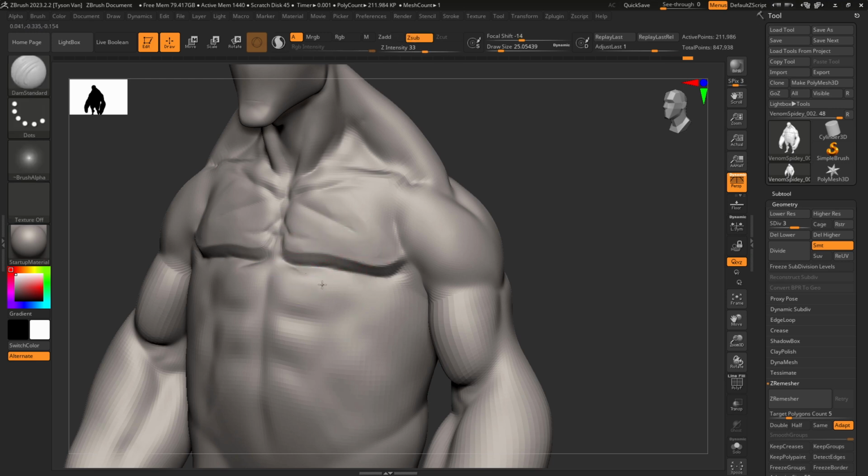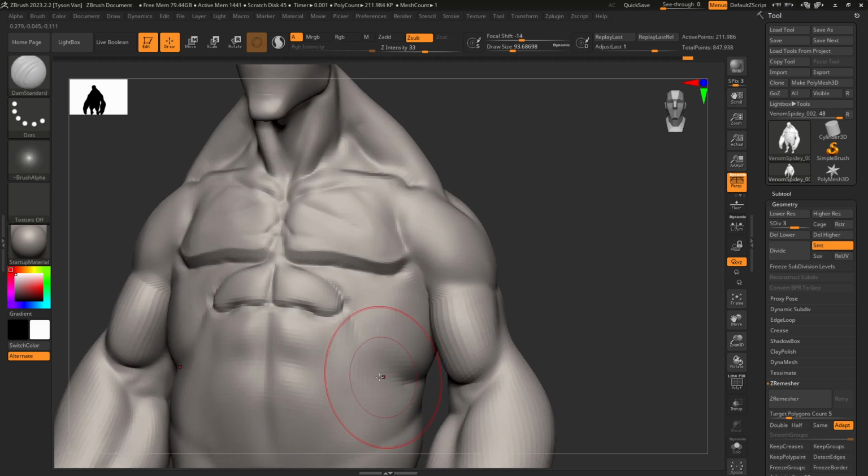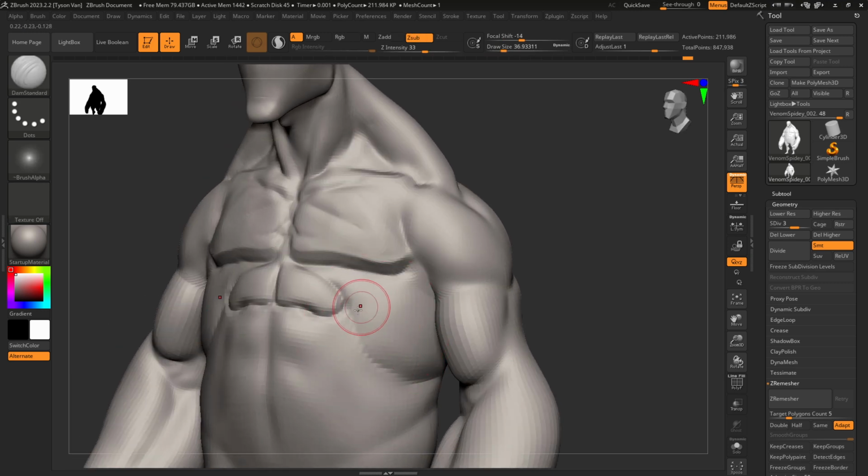Okay, so we got our upper abdominals here, and then we're going to use the Damien standard and scale our brush size way up and sort of carve in where we think those ribs are going to come in, okay? So now we're starting to get a little bit more tone, and then the ribs are an interesting beast because you have these little things that carve in right here, and then there's like an inverse right here, and then there's an inverse, like it's alternated. And so